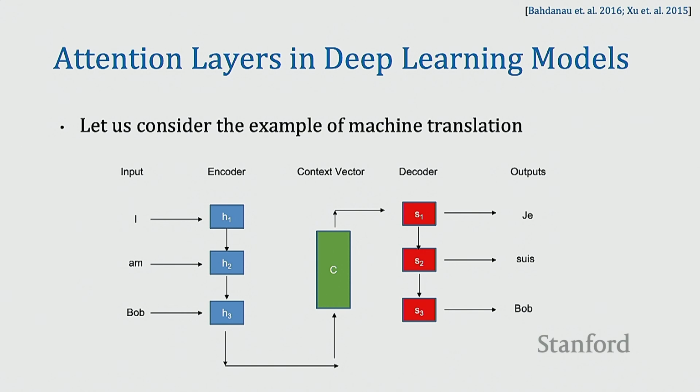Now the next set of layers that you have is the decoder, and that takes C as input and then tries to generate a hidden state representation for each of the output words. And then, once you generate that hidden state representation for, say, the first word in the output, conditioned on that hidden state representation, you can generate the actual word, right? So that's how machine translation happens with models like these.